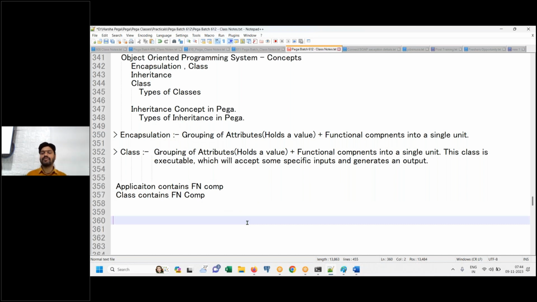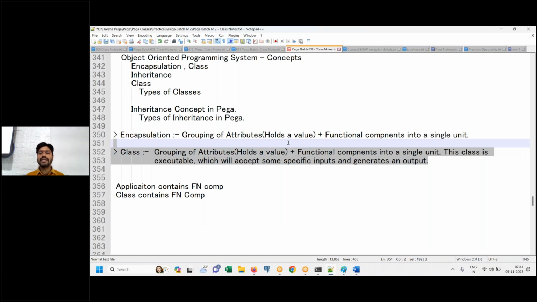How? Look here now. See today's first discussion: functional components are there inside class. And where are these classes available? Classes will be available inside application. We already created the application. Before we create functional components, we need to set one more cover. What is that? Class.